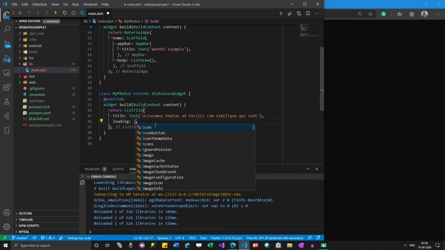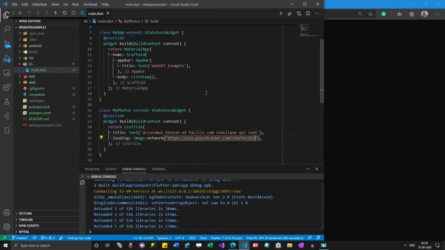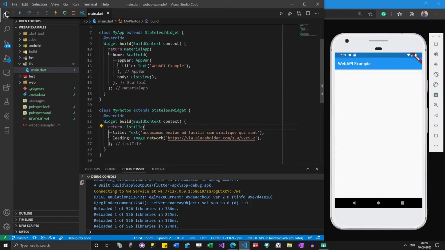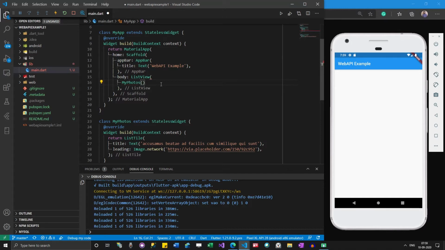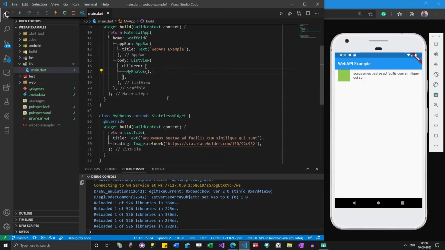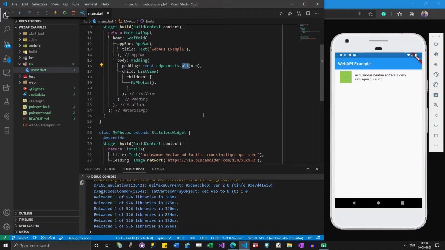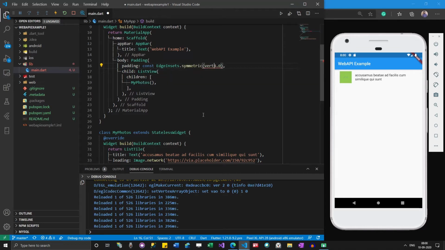You can access that image like this. Now it looks good.